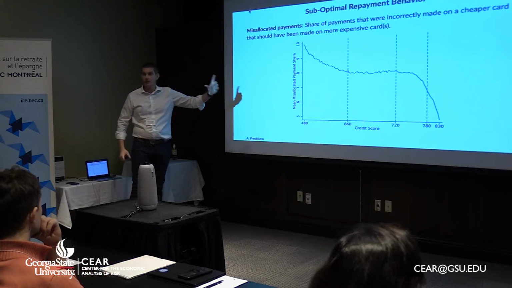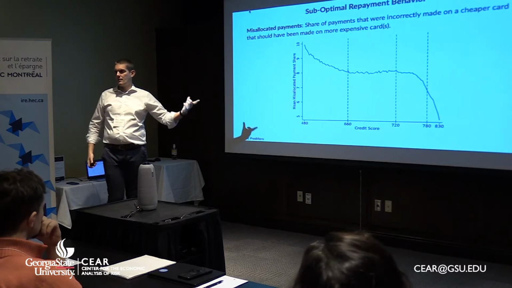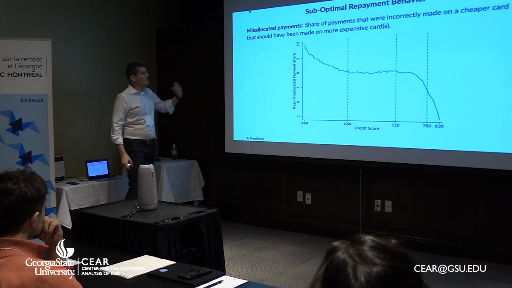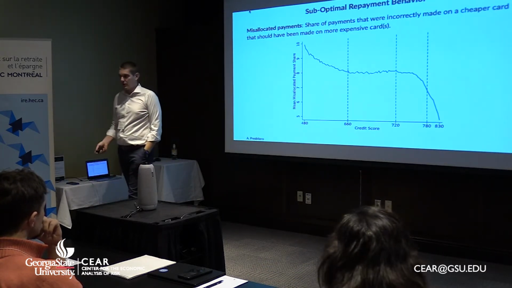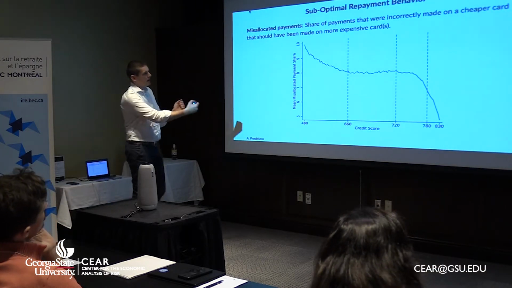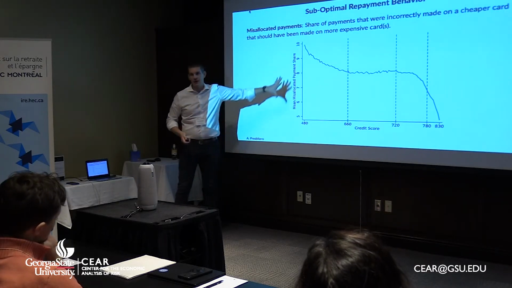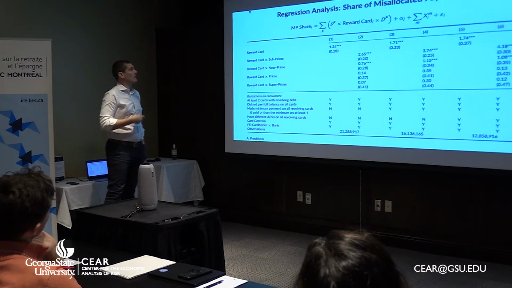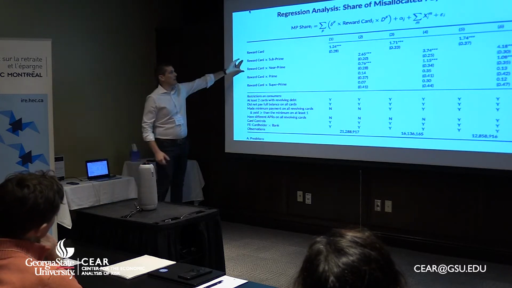Here it's nice because we really look at financial mistakes. We know the optimal rule of repayment. We can observe the actual repayment of the credit card, and so we can see the share of misallocated repayment. First of all, misallocated repayment is associated with the credit score. This again suggests we can interpret FICO score as a measure of financial sophistication, because this is a good measure of financial mistakes. Then we want to show that misallocated repayment tends to be more common in a reward credit card, and especially for subprime and near prime individuals.